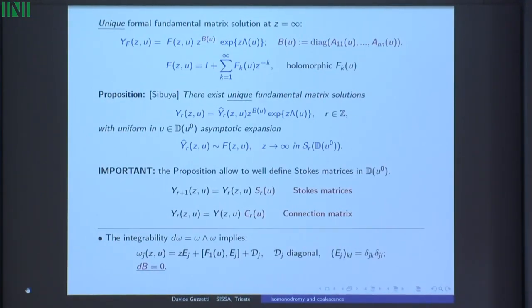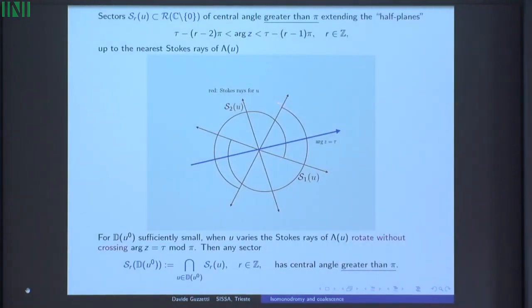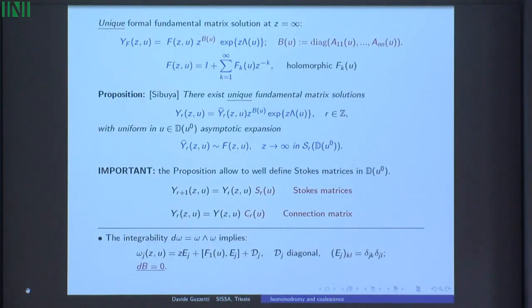So it is essential that the Stokes rays in the previous slide do not cross the blue line when U varies. Otherwise, this proposition does not hold. So if everything works well, if we do not have any coalescence point, we can define these asymptotics in fixed sectors. And then we can define what are called Stokes matrices, so connection matrices which connect